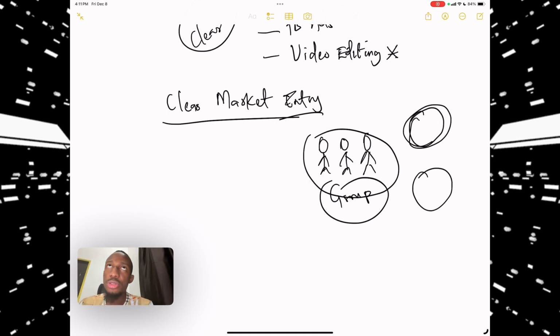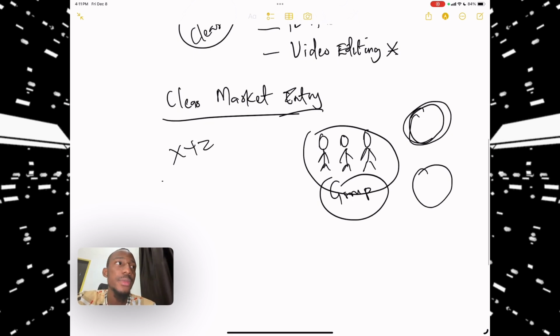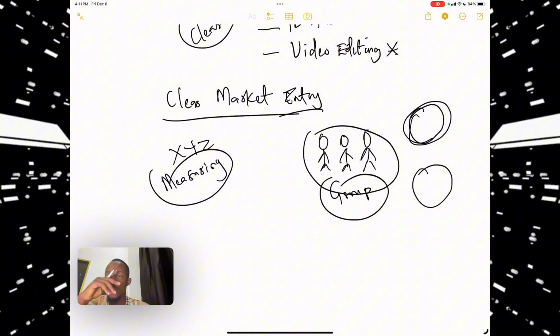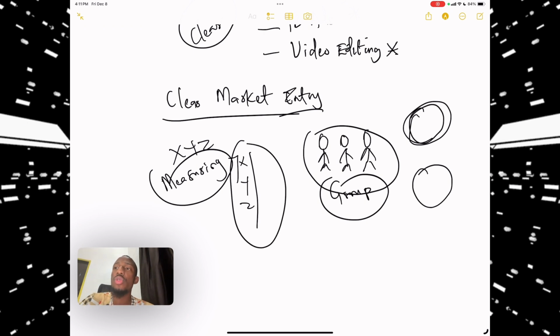Instead of a product where you're not even sure who would have this problem, you don't want to start with that. You want to sell a product where we are sure this circle of people, XYZ people, have the problem. We can draw up a measuring system that we can use to weigh people who have this problem. So we can say, because of XYZ issue, these people fall within a category of people that need this. So we have a clear market entry. You want to put that in your head.